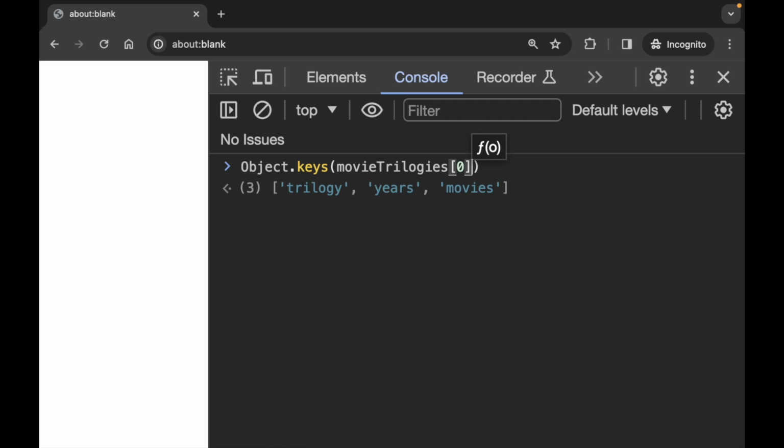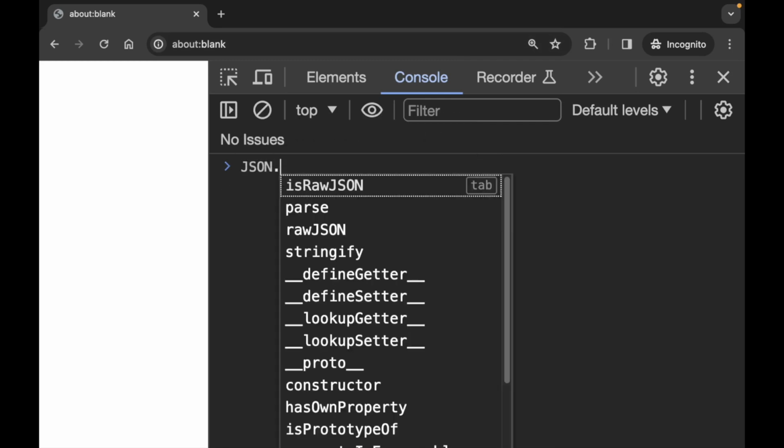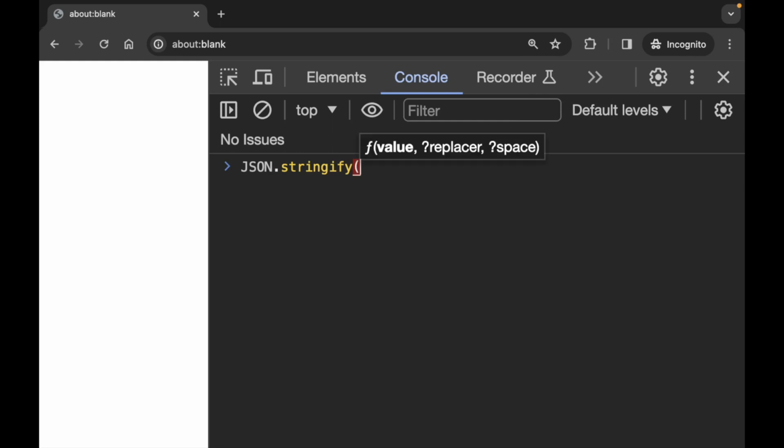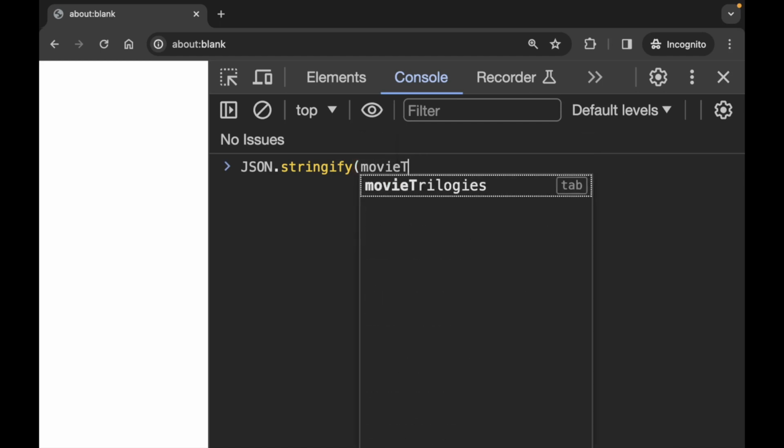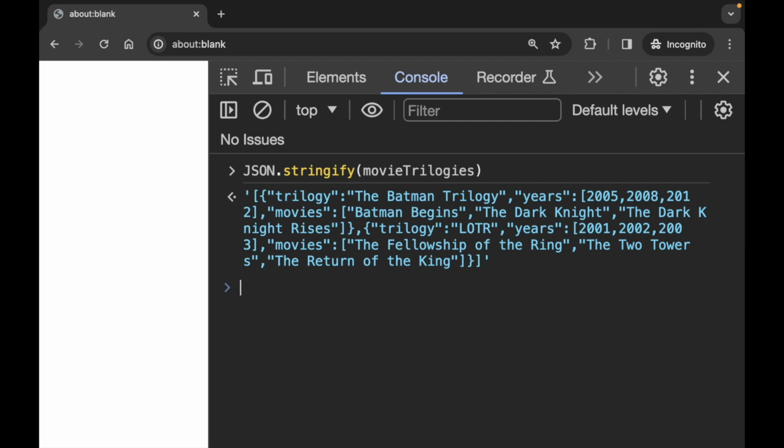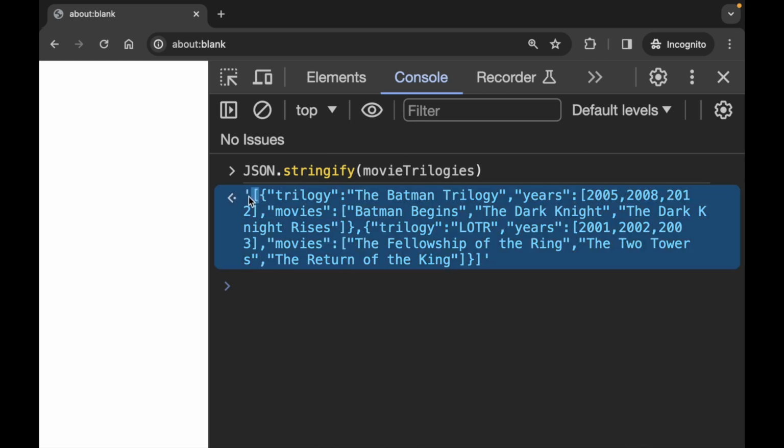Another thing that we can do is, maybe we want to be able to print these objects. Well, we can do that with JSON.stringify, and we can have this with our nested object, and let's do this as movie trilogies. And notice this actually creates a string. Now, the one issue that I want to show you here is that this isn't technically a JSON right now, because this has these